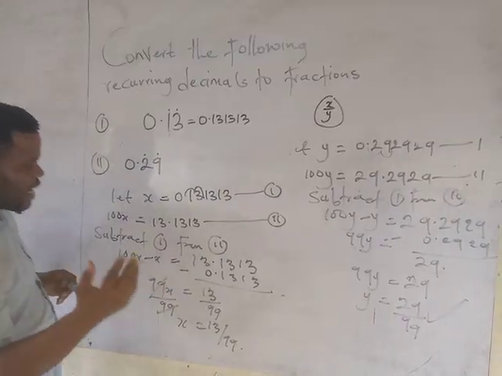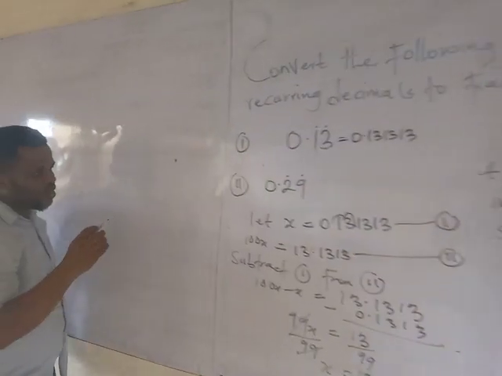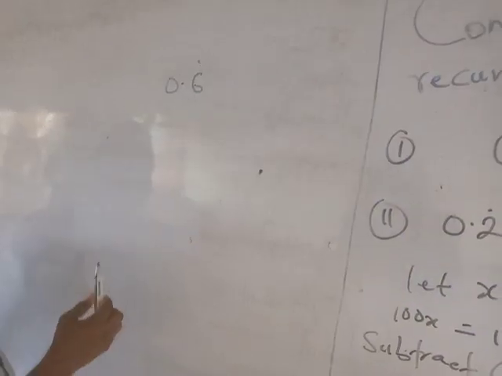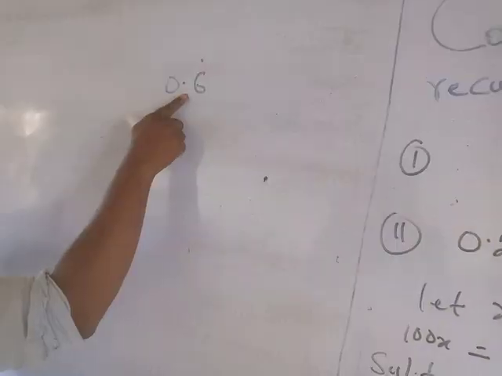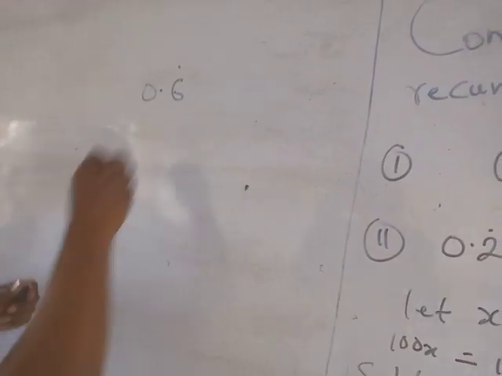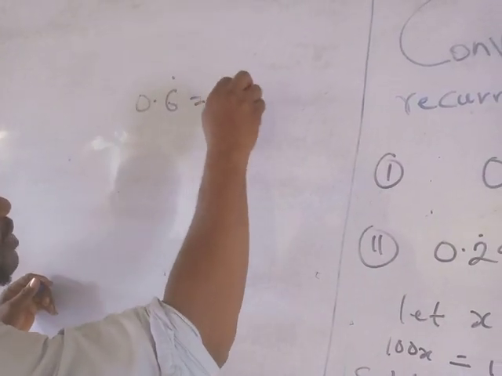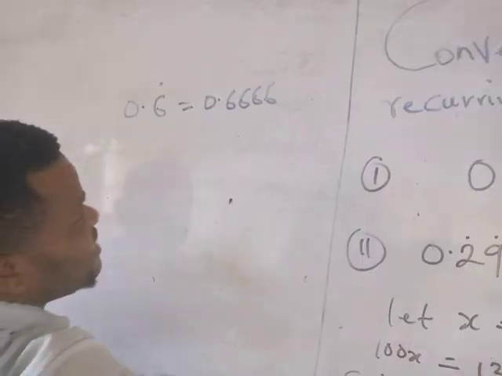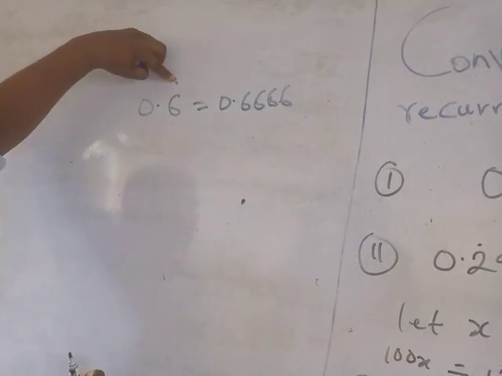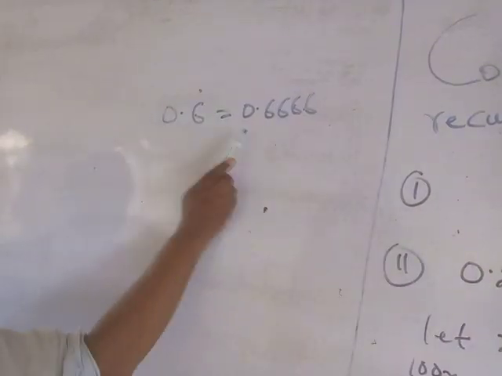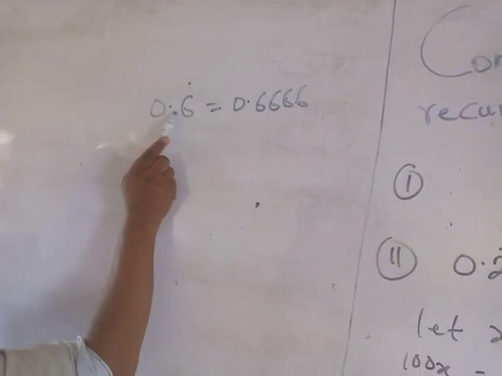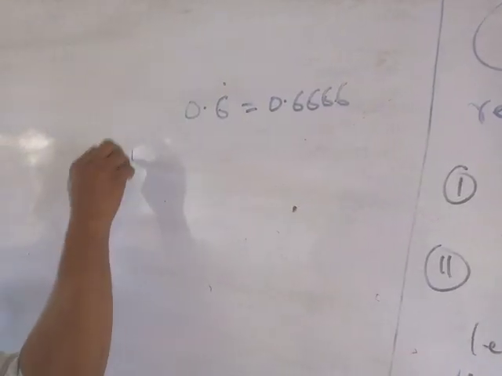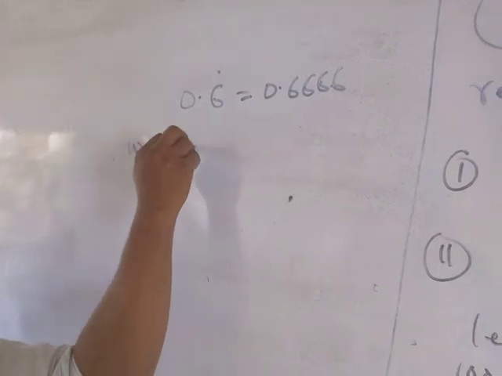If I have a question where we are given something like 0.6 with a dot above it, I want to convert this to a fraction. This 0.6 dot means it is actually 0.6666 and so on. But because I don't want to write plenty of 6s, I put a dot sign there. Because it's only one digit after the decimal point, I call this W equals